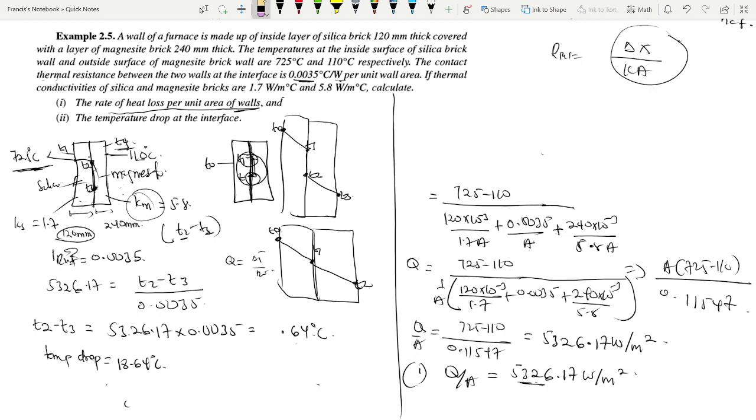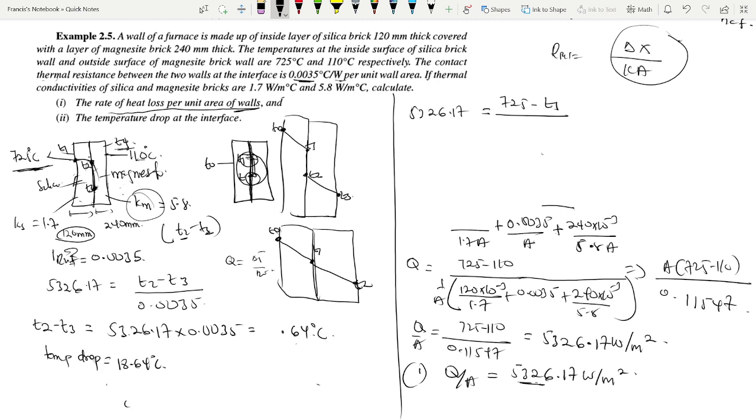So in finding our T1, we can just simply say that 5326.17 should be equal to 725 minus T1, because the same heat which is being lost moving from T1 to T2 all over